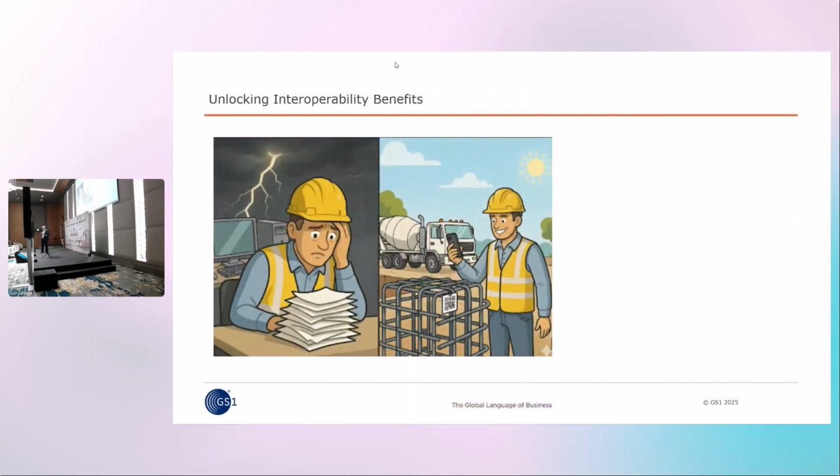So as you can see on the left, this is what I was talking about earlier. Hands up, anybody who thinks they're on the left-hand side of that picture. Nobody's putting their hand up. Wow. So is everybody on the right-hand side where they can just scan a rebar cage? One of these.